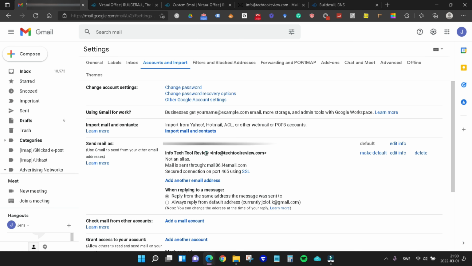And now you see we have our mail here, and we can send mail as this. We can make this our default email if we want that. And we can also choose down here if we want to reply from the same address that the message was sent to, depending on which email it's sent to. So that's all good. Now we can send email as, in this case,